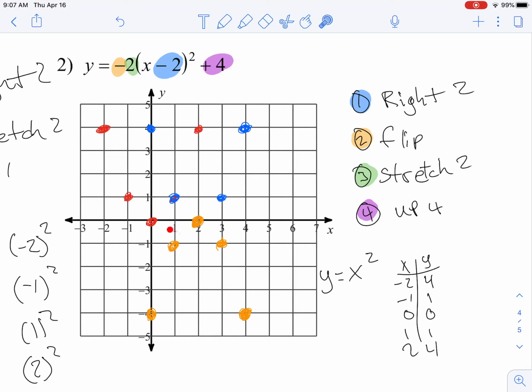For this point, I can do -1 times 2, and I get -2. So that's going to stretch to right here. Same thing over on this side, and 0 times 2. I'll show you a more mathematical way. This is a little bit more mental math that some people may prefer, but oops, I'm not done yet. Okay, we stretch 2,